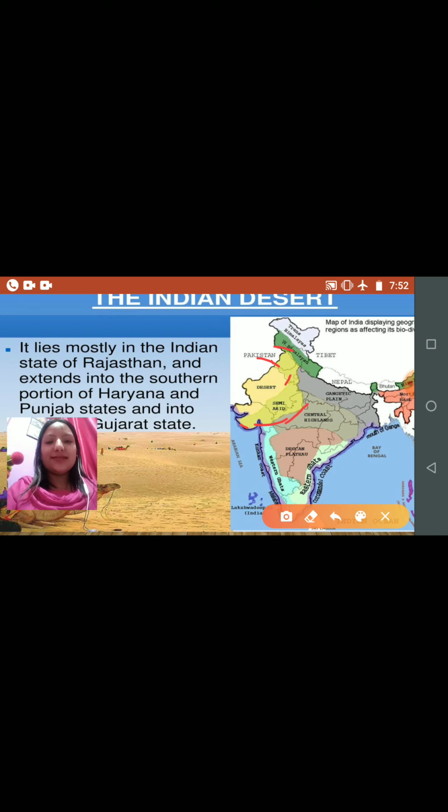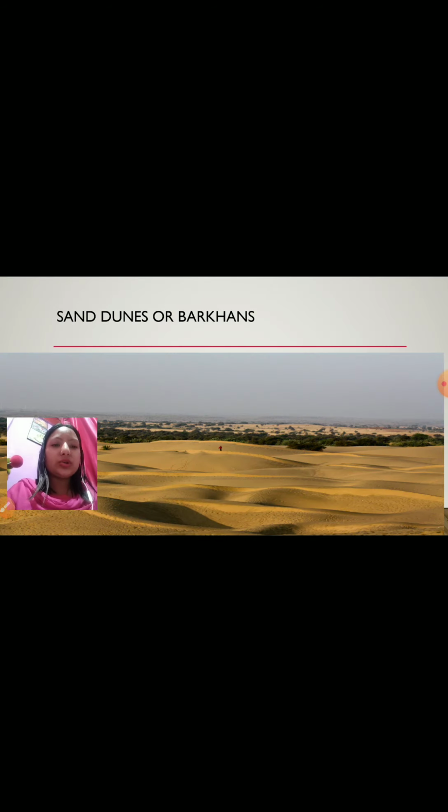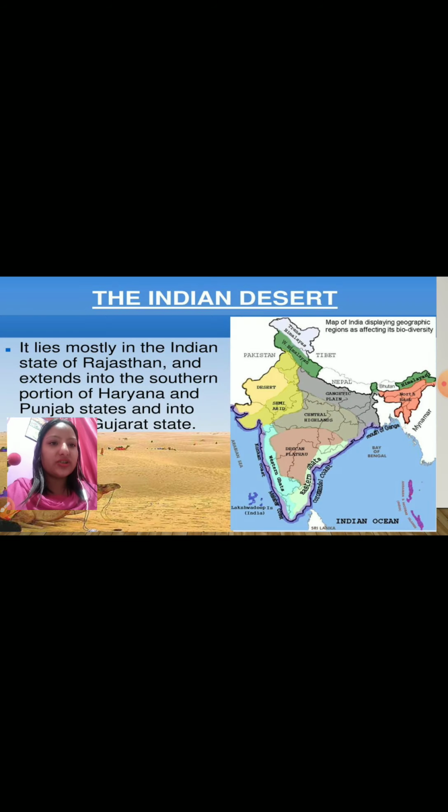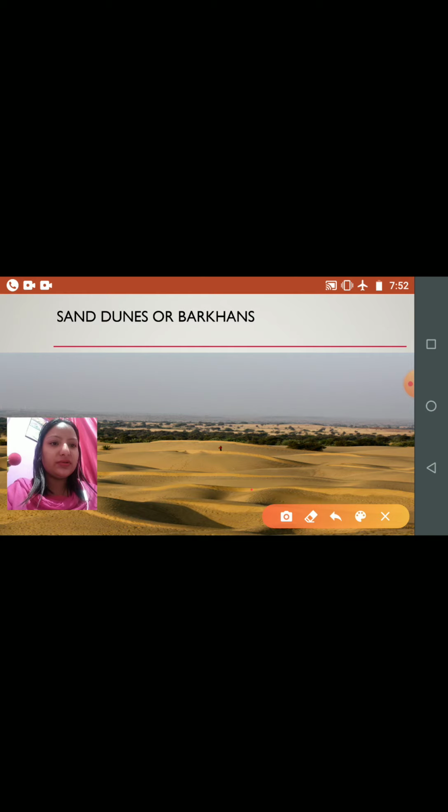The desert consists of low hills called Vakras. There are also crescent-shaped sand dunes, also called barkhans.